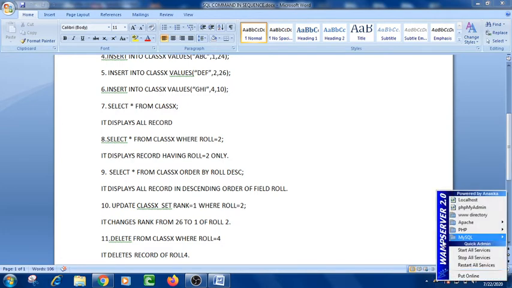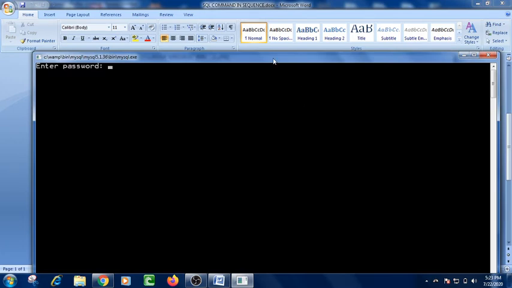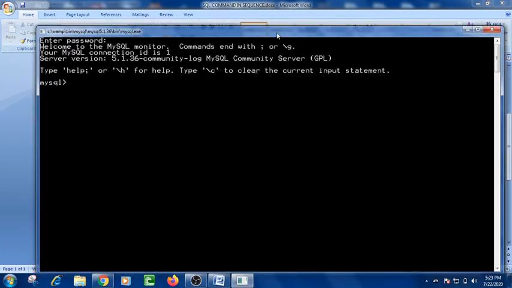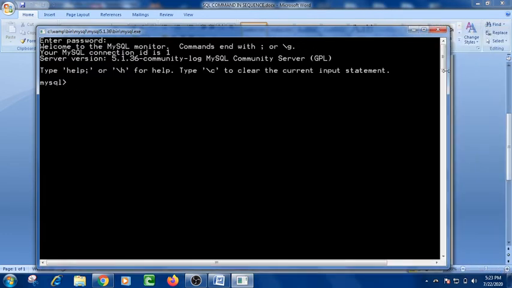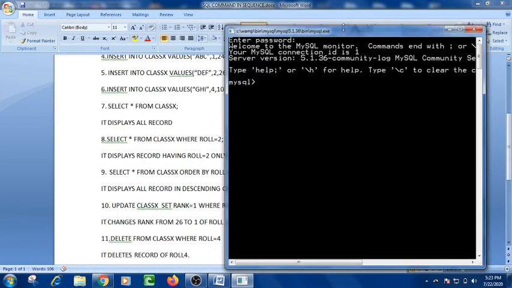Okay, click on the WAMP server, then go to MySQL, then click on the MySQL console. This is the MySQL console. Simply press the enter key, then the MySQL prompt is there. Now you can use it. Now let's see how to use the commands in MySQL.